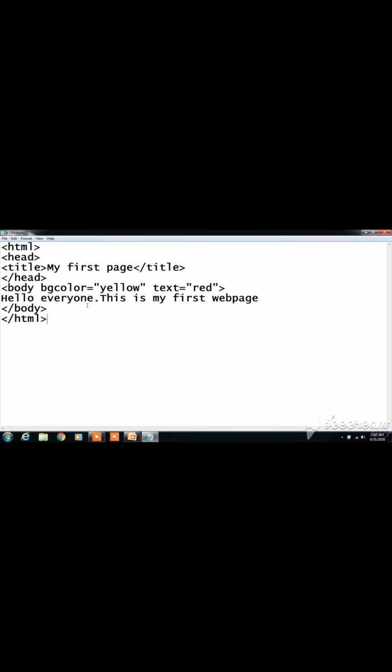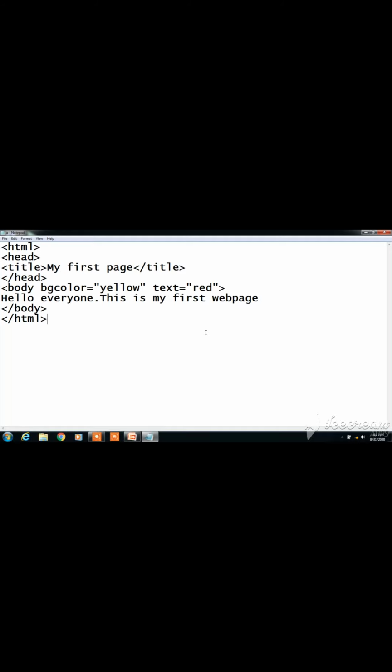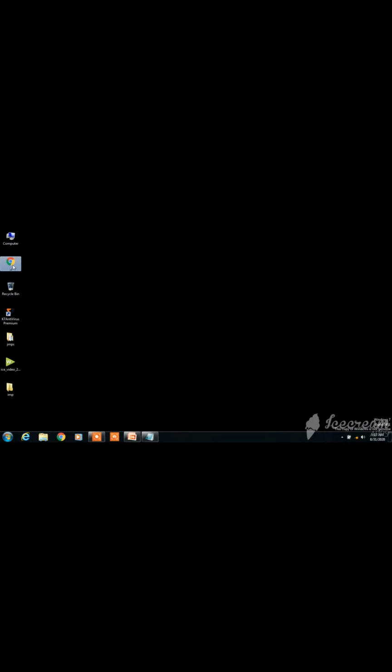Till here the code is clear. Now I'll show you the output. Before output you have to save it with suppose any name you can say, a.html I am using. .html should be the extension of saving the file, right? See here, that file has been saved in the format of browser. Click here and your web page will get open in the default browser.